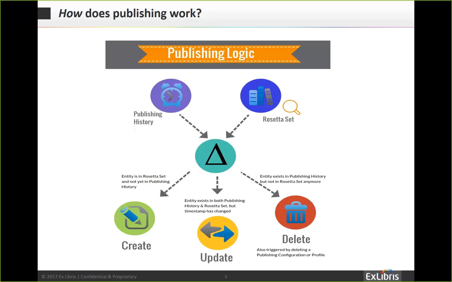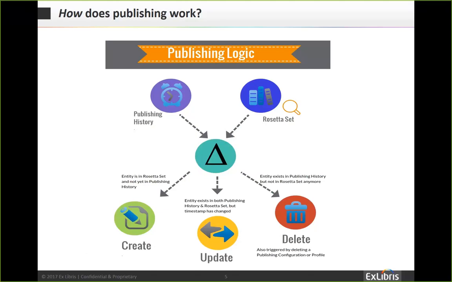So then I'm going to create a delta every time I run my publishing job. So between the Rosetta set and the publishing history, based on the delta I receive, Rosetta is going to decide whether to create, update, or delete a record. So if I have a record in Rosetta, in the Rosetta set that I've created, but it doesn't exist in the publishing history,